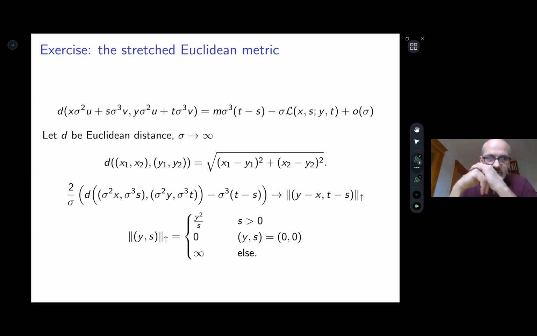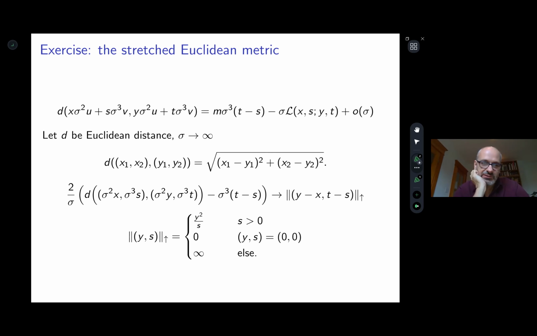Okay, so let me give you a short exercise. Let's see what happens, just to give you a feeling of what this directed landscape is like. Let's say that you take the Euclidean metric, so just usual Euclidean distance, and scale it according to my scaling. I gave you some scaling before, how you should scale the random metric. Now we just apply it to the most familiar metric that you know. And this is really a high school exercise. So you just take a limit, and what you get is